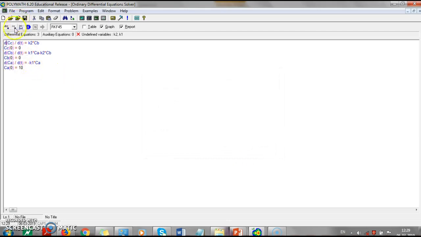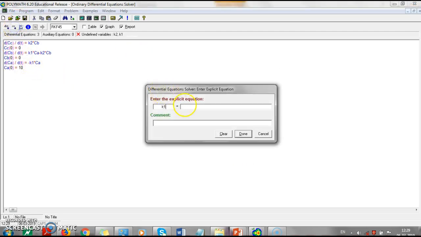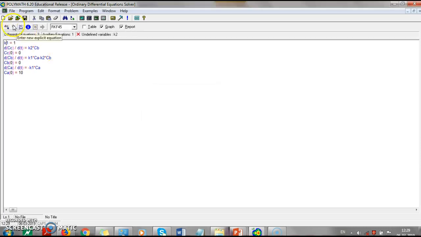So these are our differential equations, and when we write explicit equations for K1 and K2, let's initially keep both of them 1 and 1,